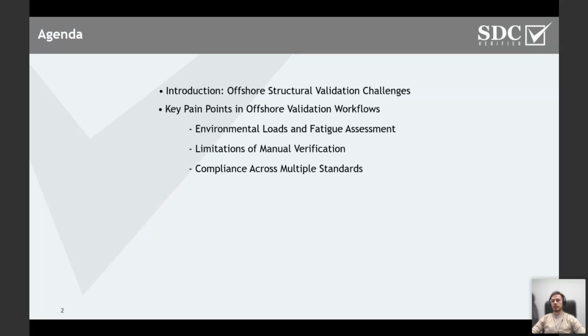What are the limitations of manual verification? So when we do all those steps in, let's say, the traditional way with a piece of paper or some spreadsheets, and what we should comply with. So all the standards for all the different kinds of offshore structures which we need to comply